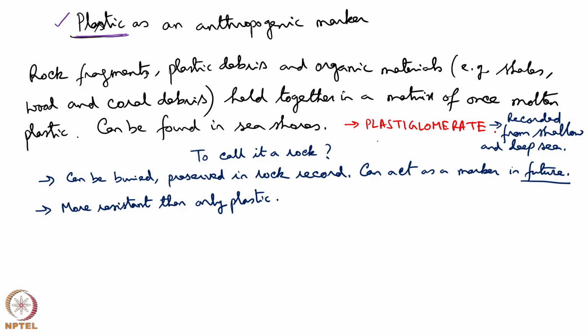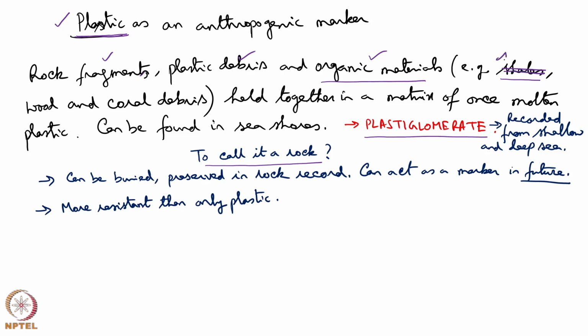A new kind of material assemblage has been described as plastiglomerate, and whether to call it a rock or not is debated. What is a plastiglomerate? It is the rock fragments, the plastic debris and the organic materials. What are the organic materials? It can be